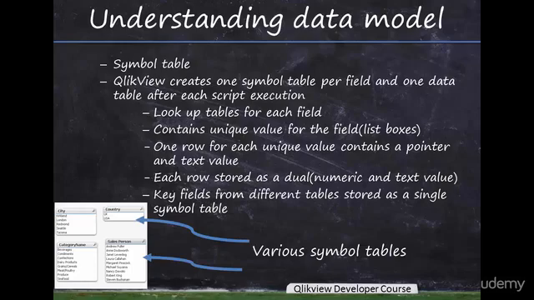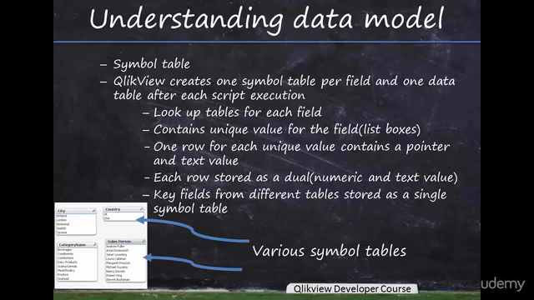Since each unique value is stored only once, and it's stored as a dual value, by the way, which means it stores a numeric and a text value. If the data has repetitive values, it will only get stored once. And this is why the more repetitive data you have in your data set, the better it gets in terms of storage